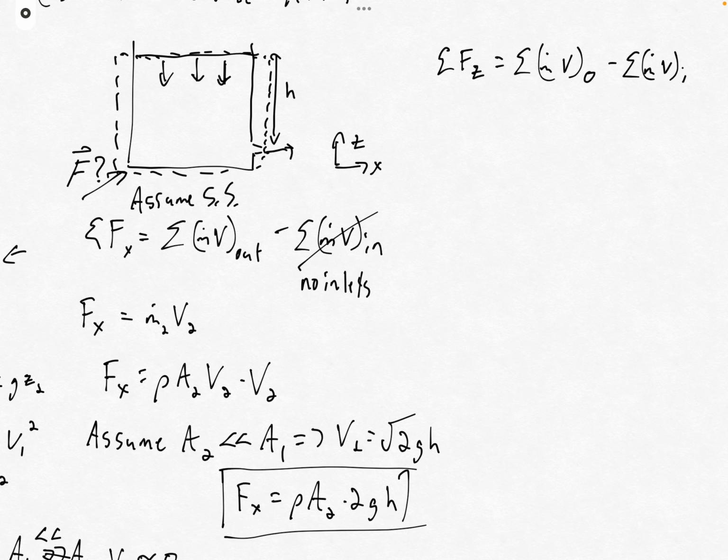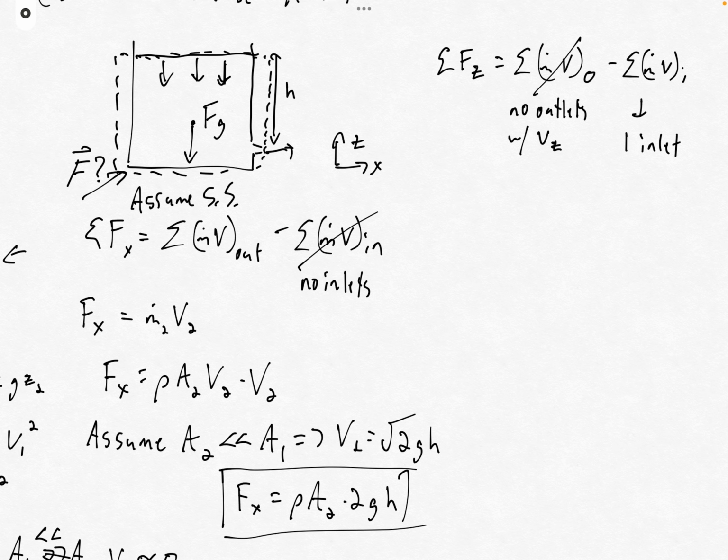Again, let's start with our momentum terms there on the right-hand side. In this case, we have no outlets with a z component of velocity, right? But we do have an inlet. We have a single inlet. And in terms of the forces acting on this control volume in z, we obviously have the z component of whatever force that we're applying here. But we also have gravitational force,